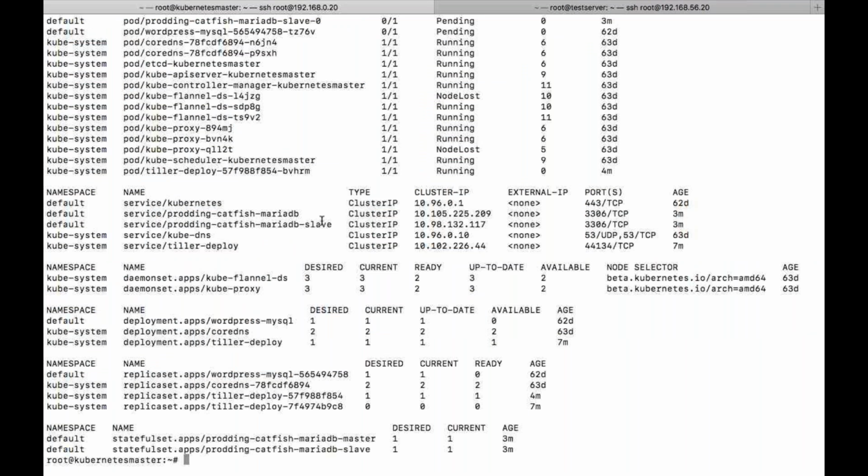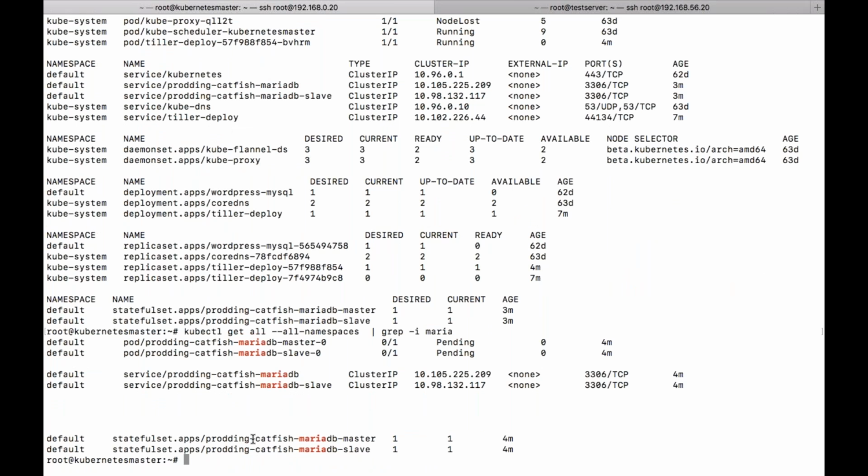See, these all are related to MariaDB. One is pod, services, and stateful set. Okay, so these are created. One is used as a master and one is used as a slave also.